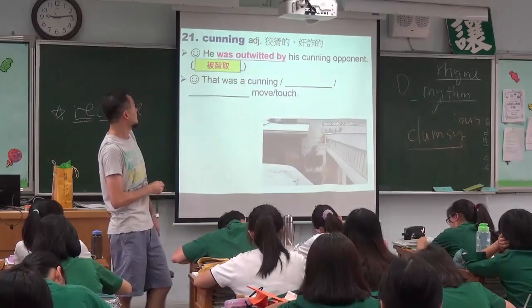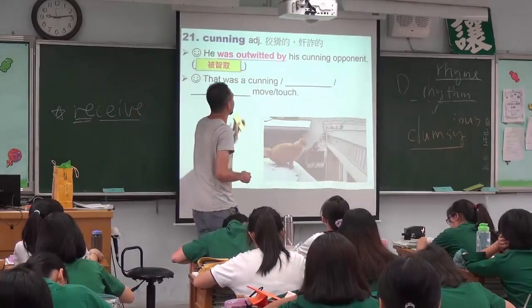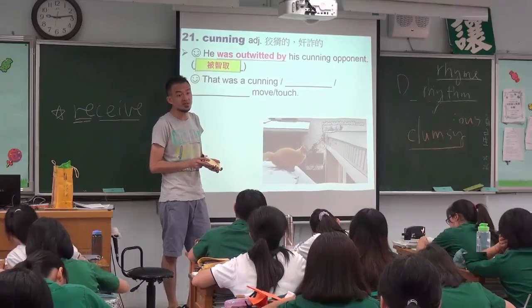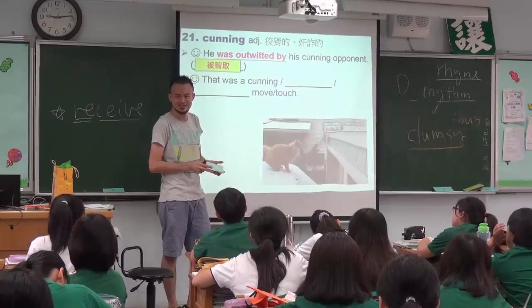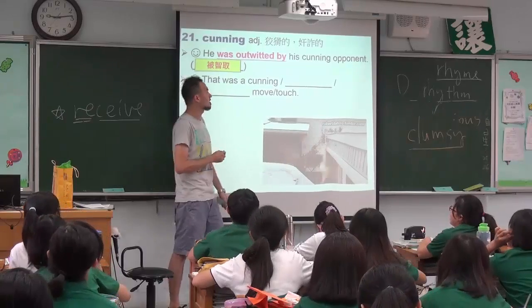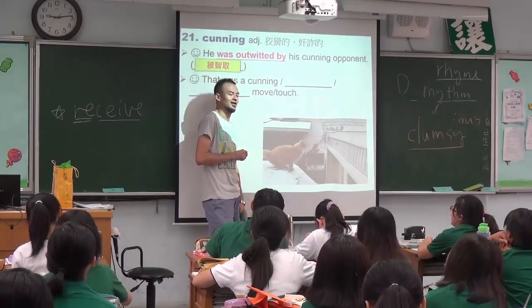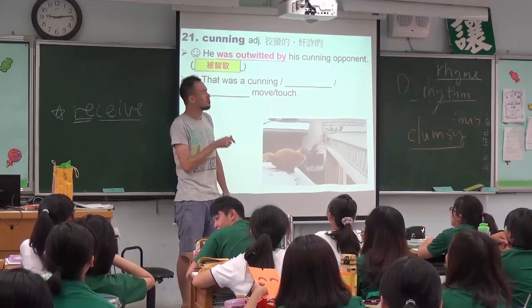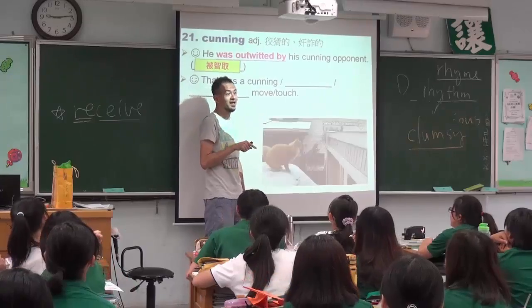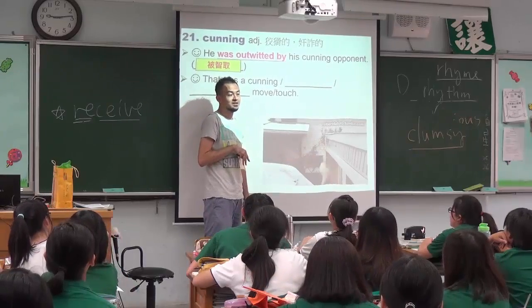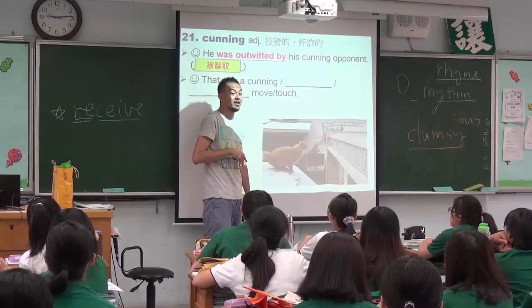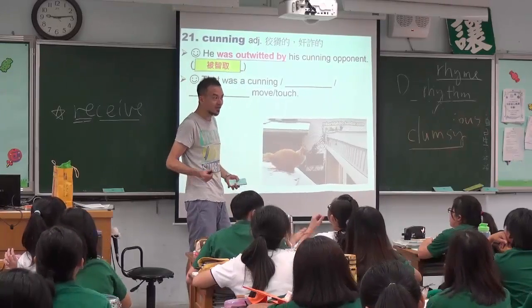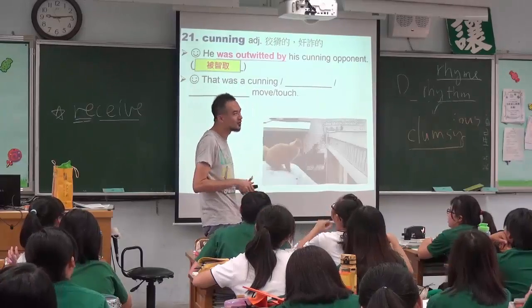Okay? But what about if you say that was a cunning move? That was a cunning touch. What do you mean when you say something's a cunning move? No, not touch. Move. Step. Means 狡猾的一步，或者狡猾的一招，这一招就是狡猾。